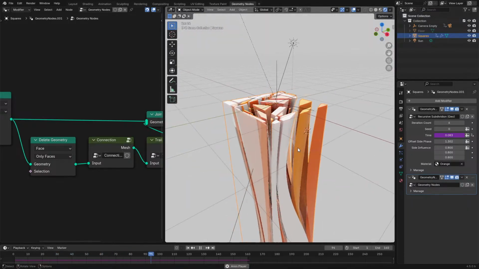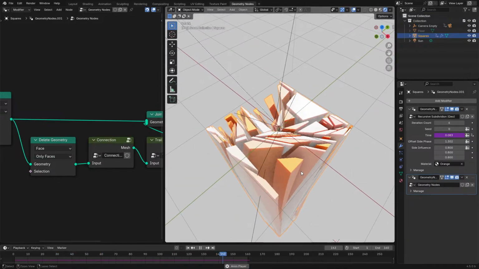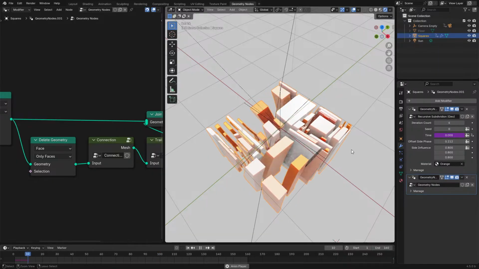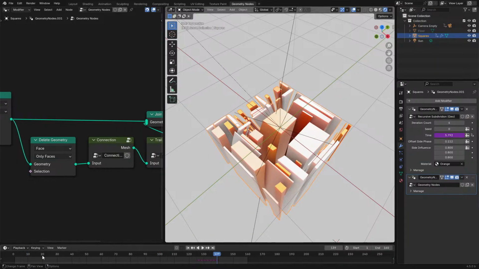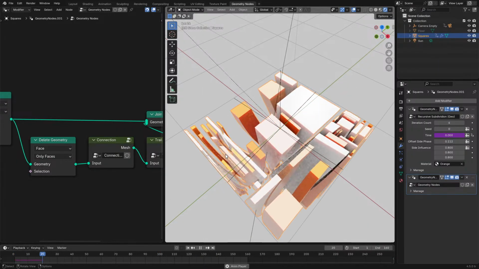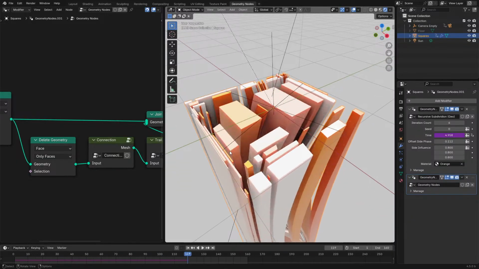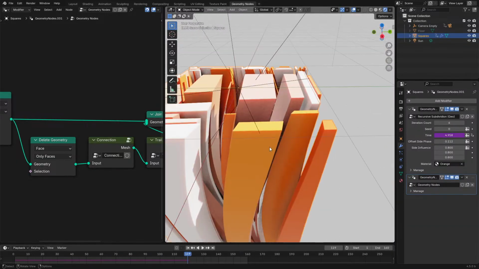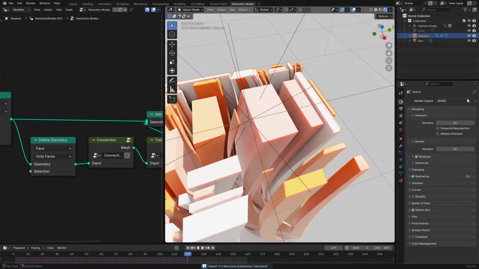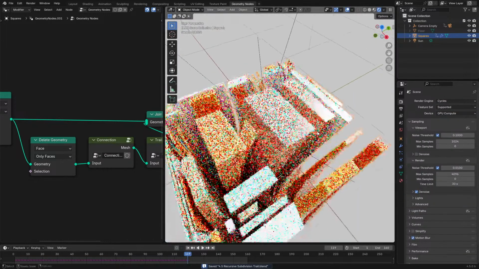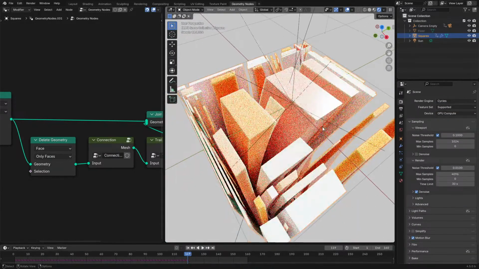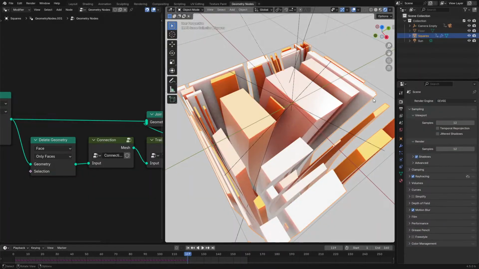I could delete the geometry if it becomes too old, but I would have to put in an age parameter for that, which I think in this case, is not super necessary. Wonder what this looks like in Cycles. No crashes as well. How have we not gotten a crash yet? Oh, it looks quite good. Though I think